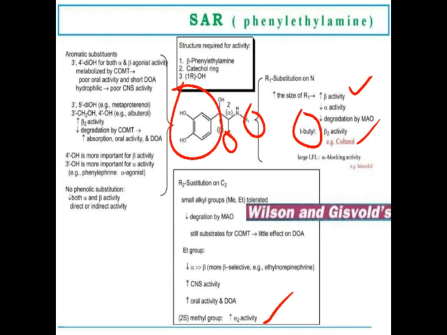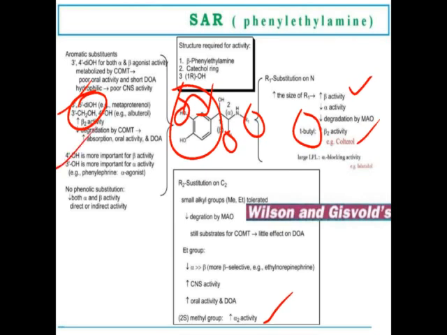So we have to make some modification to decrease its metabolism. If we move one of the hydroxyl groups to the fifth position, the drug becomes a 3,5-dihydroxy compound. At that time, it increases the beta 2 receptor activity. Or if we convert one of the groups into CH2OH instead of a hydroxy group, then it also increases the beta 2 activity. So these are the modifications we can make for beta 2 receptor activity.